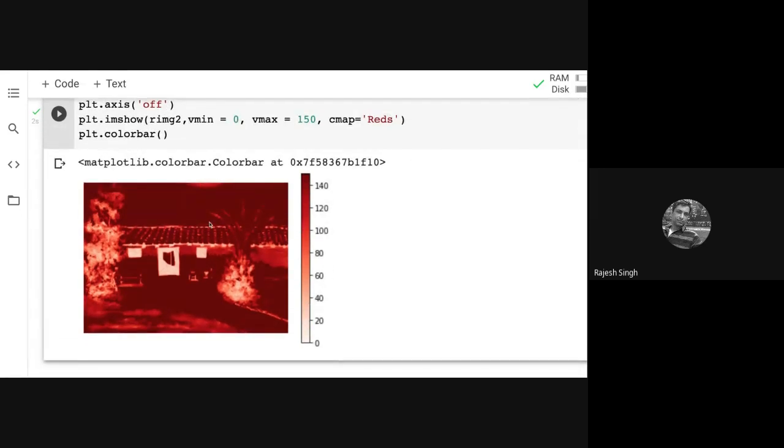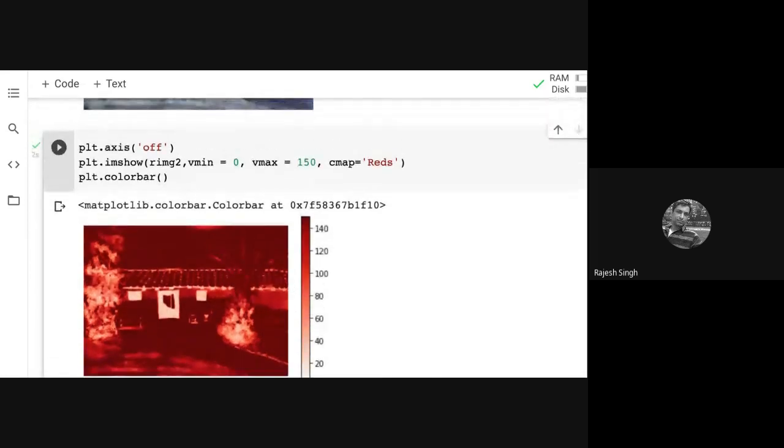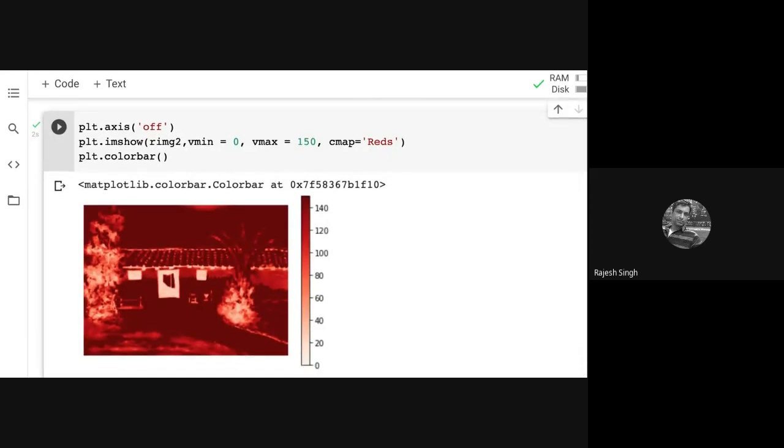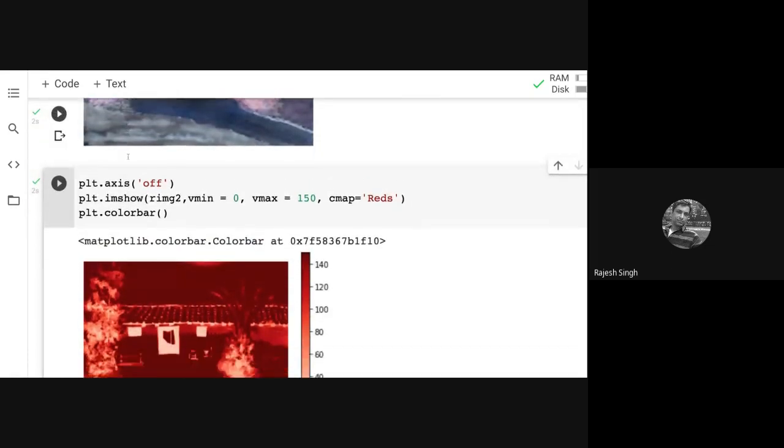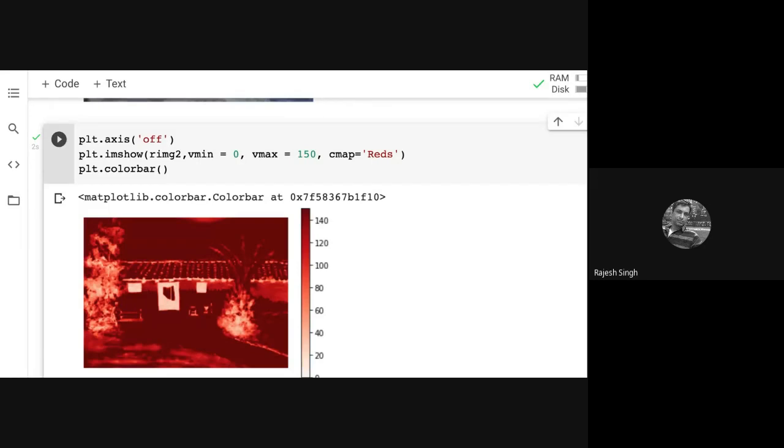So what has happened here is all the pixel values which are above 150 have now gone to red, that is 255. So you have squeezed the color scale.